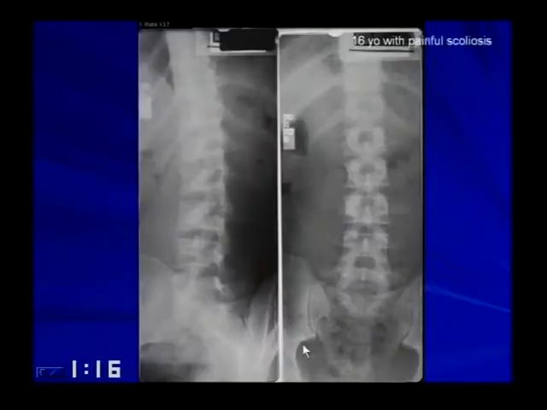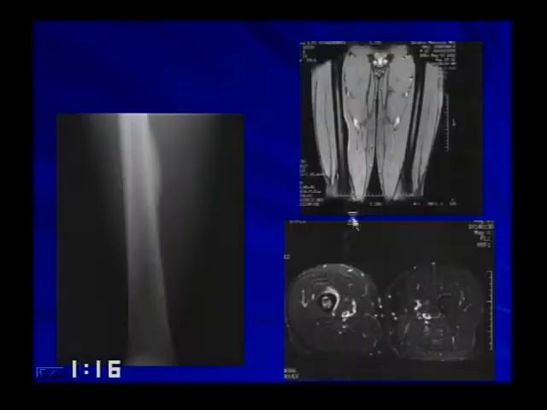Here's one in the spine. Unfortunately, I don't have the cross-sectional imaging. The patient presents with a sclerotic pedicle in a very young patient, painful scoliosis. Edema on MR, like I said, can be very misleading. I think here you see the cortical thickening. I think the study of choice would be a CT through there to identify the nidus.